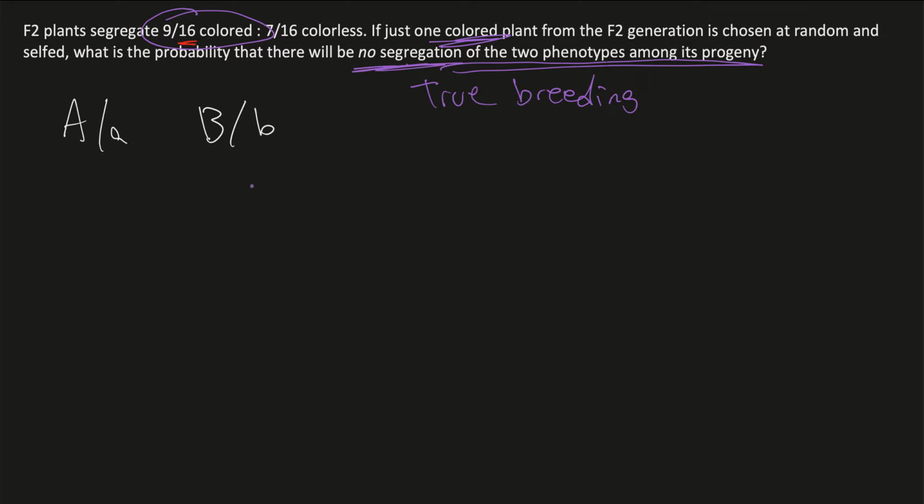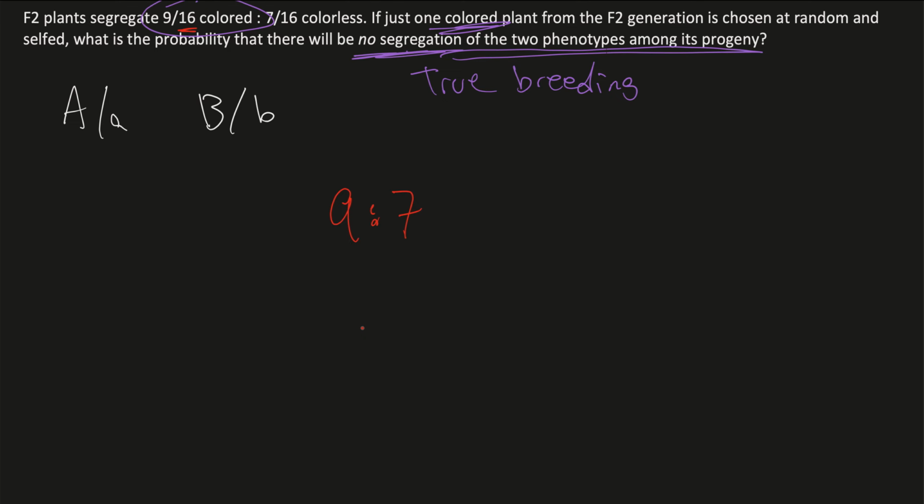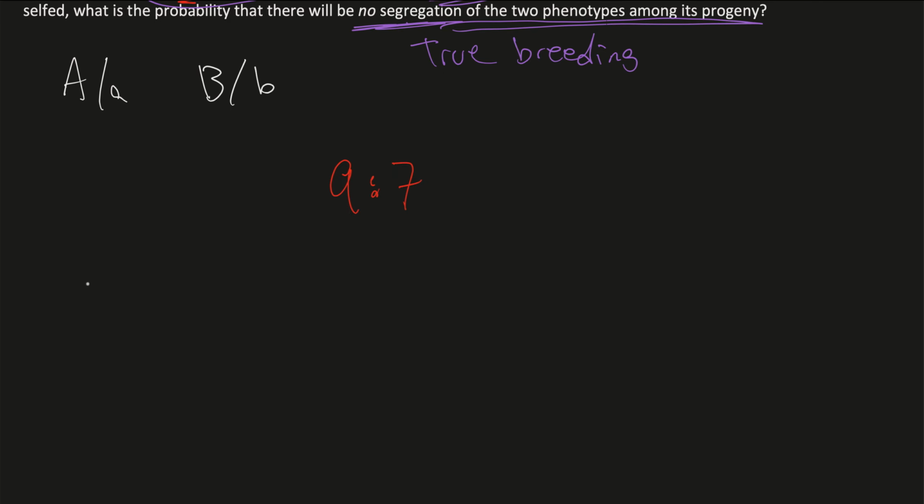That's what it's saying. Now, to get our 9:7 ratio that we see over here, we have to have something called duplicate recessive epistasis. Now, how does that even work? Well, go back to our regular branch diagrams. Remember when we had our F1 generation that was pure heterozygote, right? When it was crossed, we had this branch diagram where it was 3/4 chance of dominant for A, and then 1/4 chance recessive for A, and then these branched out to be 3/4 and 1/4 dominant for B and recessive